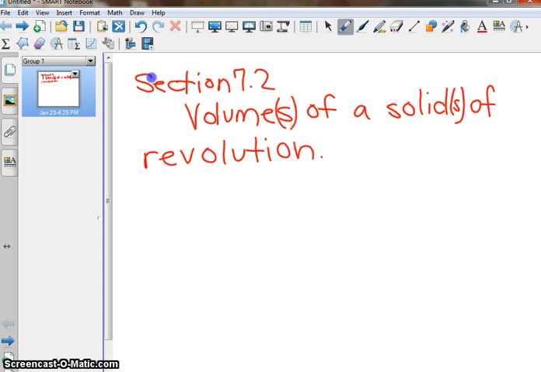Okay, so anytime you are looking for volume, volume is equal to the integral of the area of which you're trying to find. So the area will be in terms of a function. So this is representing area. You will integrate it from a to b. So the disc washer method that we are going to talk about in section 7.2,